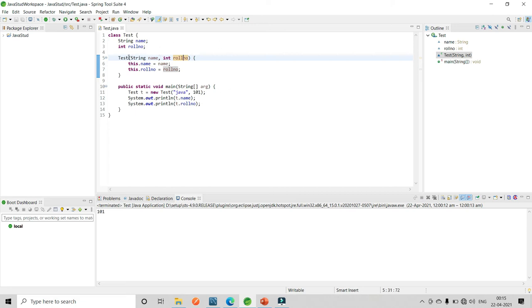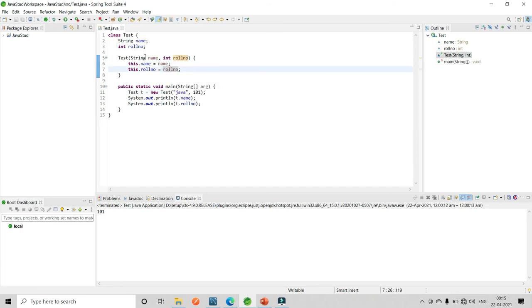Now the object gets initialized. Java is set to name, and 101 is set to rollNumber.